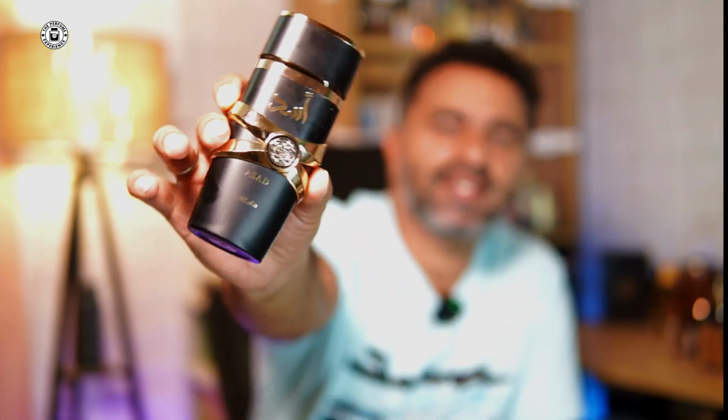So the sprayer is very good, and you recognize the scent straight off because this is a very popular scent. It's a very popular men's dupe, okay? A popular modern men's fragrance, which is basically Sauvage Elixir. So this is an alternate fragrance that's inspired from that particular scent profile, and this is done really well in such a way that I can tell you that this will replace this easily,